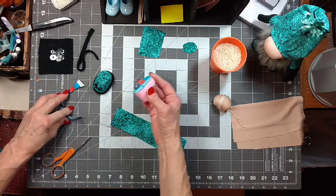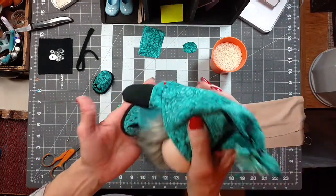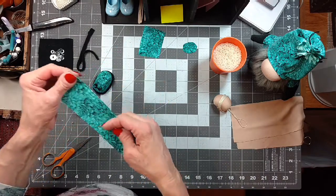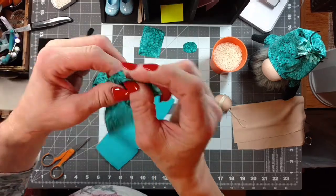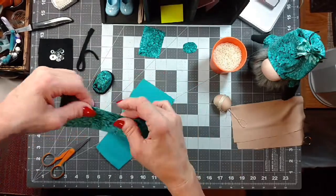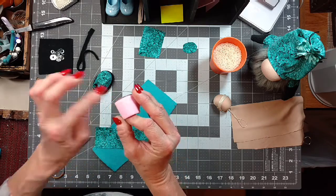So now we have the bottom of our shoe covered. I add the rice for weight, especially in this one, so it's going to help him stand up. And then I took a piece of material. If you use fleece, you don't have to fold over this edge, but I folded the edge over so it wouldn't fray. And you're going to start on the back of the shoe right here,